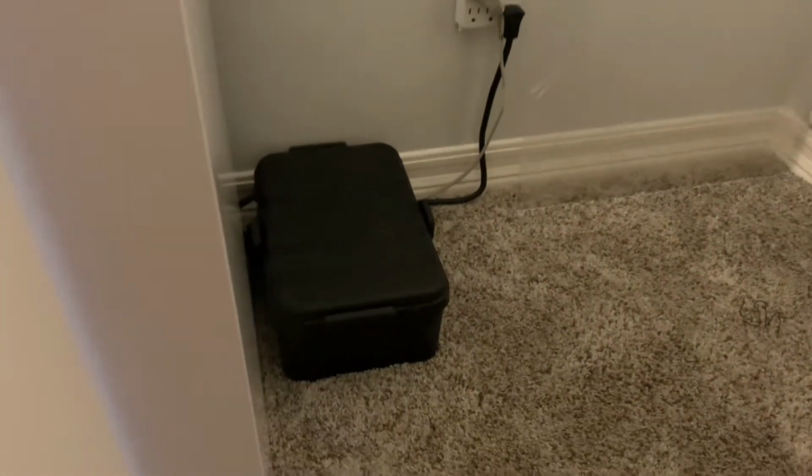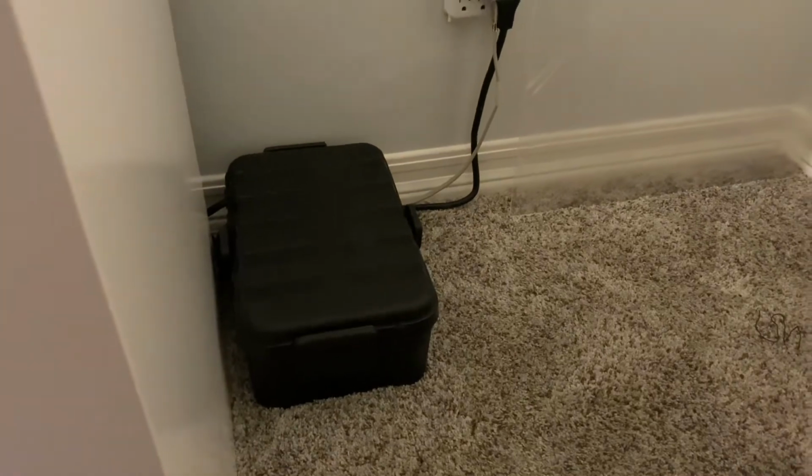I'll see what I'm gonna do with that. But you can see out here, I got everything mounted in a box. That box actually houses the power pack. This is stuff we usually use outside on job sites or some other spots, so that way the power pack's not out here, and nothing's being plugged in there,